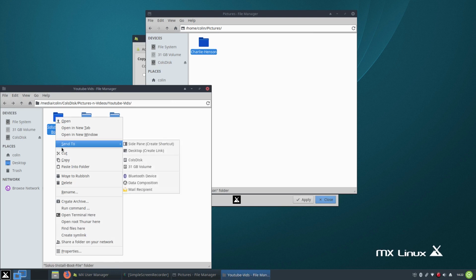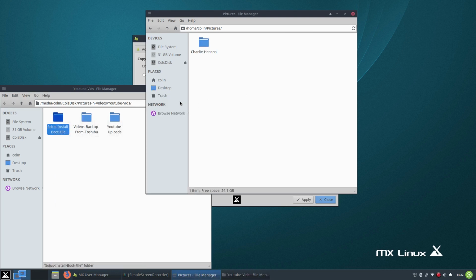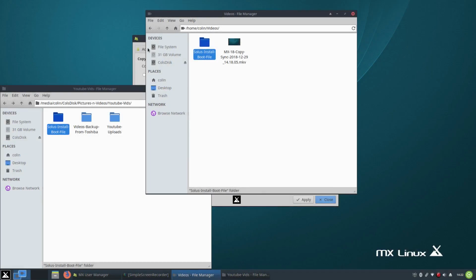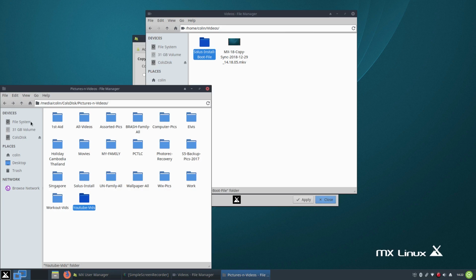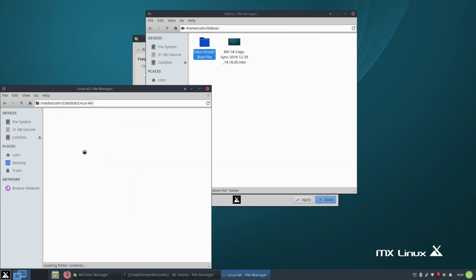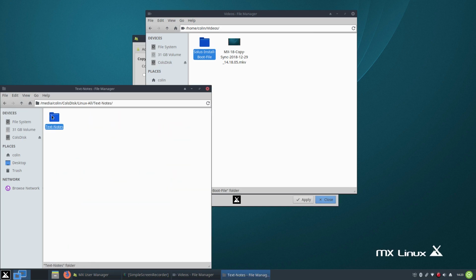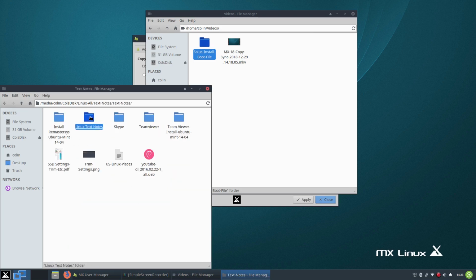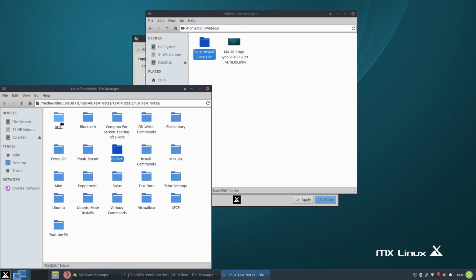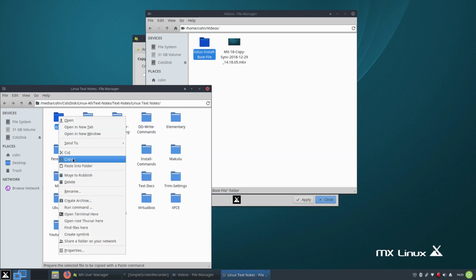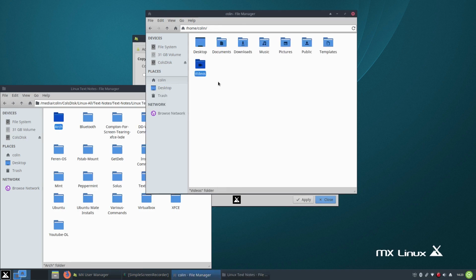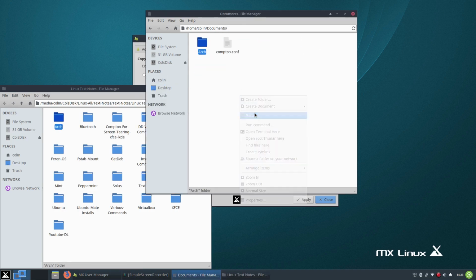Let's copy that to videos. And then we'll try some Linux stuff. I've got some text documents here, text notes, Linux tech notes, some for Arch. Let's copy that to documents, paste,